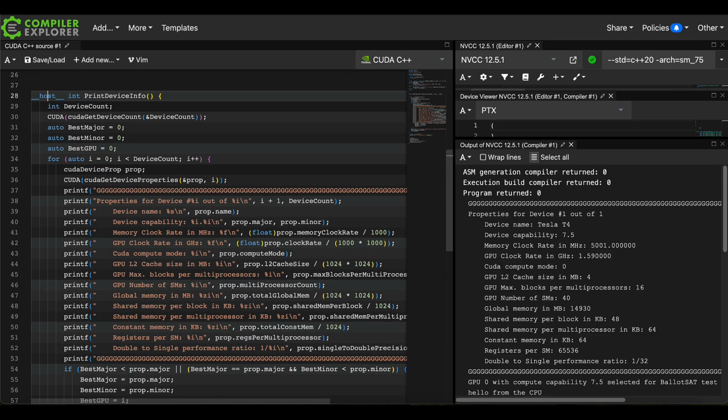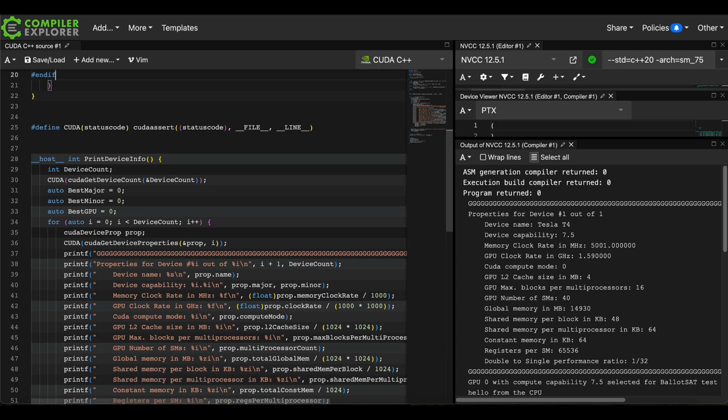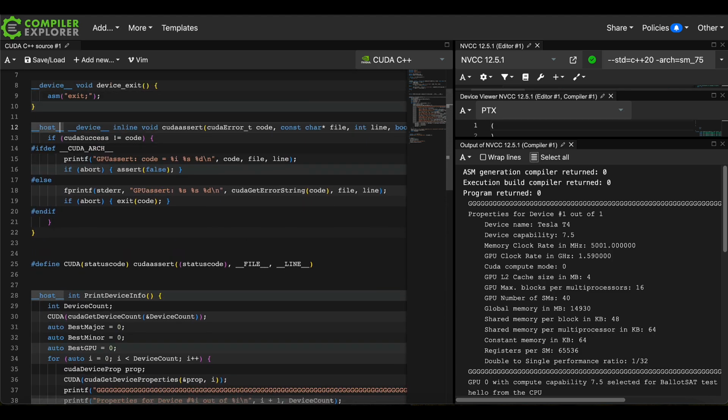Okay. So this output comes from a host function here. Host means it runs on the CPU. Then we have a macro, some host device code. Host device means it runs both on the CPU and on the GPU if we ask it to. But then, well, we've cheated a little bit because we have a macro here saying CUDA architecture.